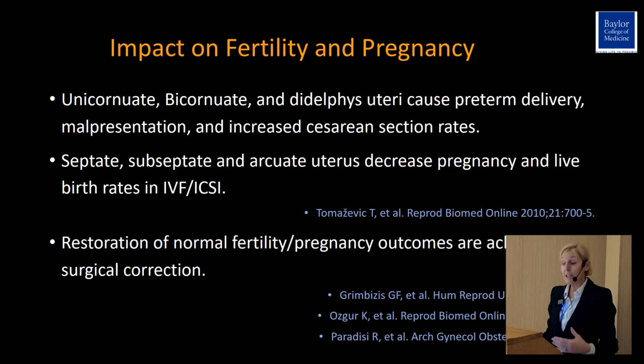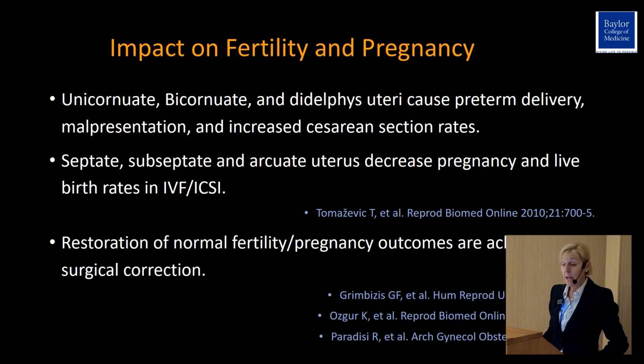And there is an increased cesarean section rate. However, they do not need basically any intervention on our side, because the patients can conceive, and unless there is a septum that complicates the bicornuate uterus or a didelphus uterus, of course, then we don't need to really intervene